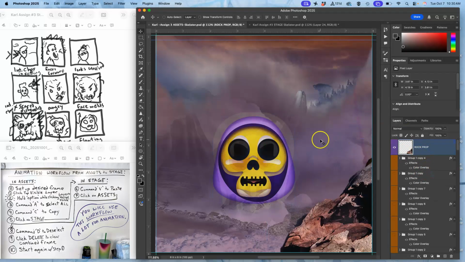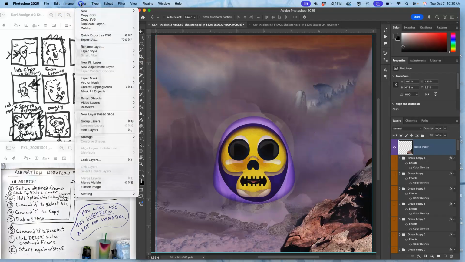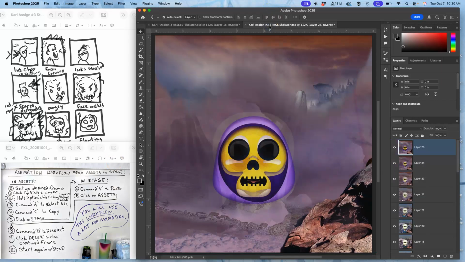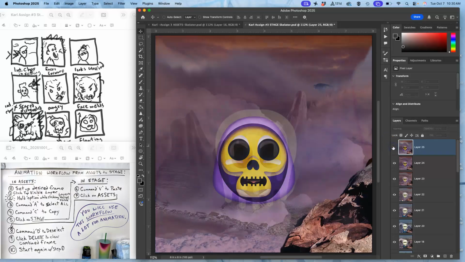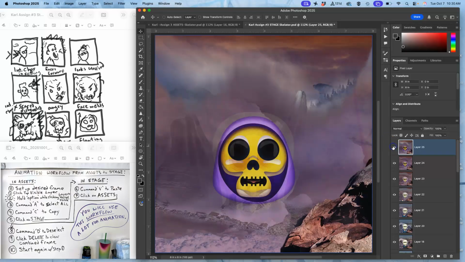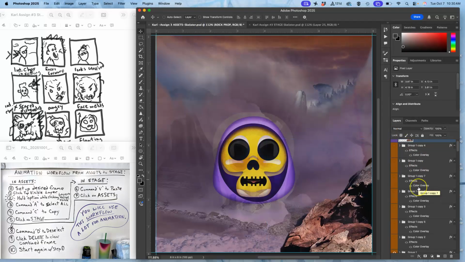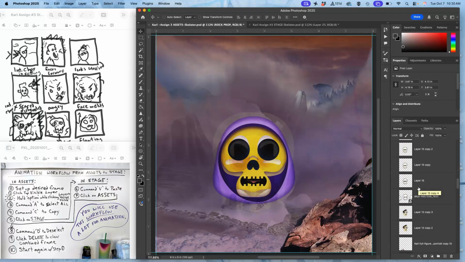Click on the topmost layer. Option, layer, merge visible. Command A, Command C. Click on the stage, Command V. Paste it in. Good. Did it change color enough? Yeah, that's fine. Then back to the assets, Command D to deselect, clear the frame all the way back,